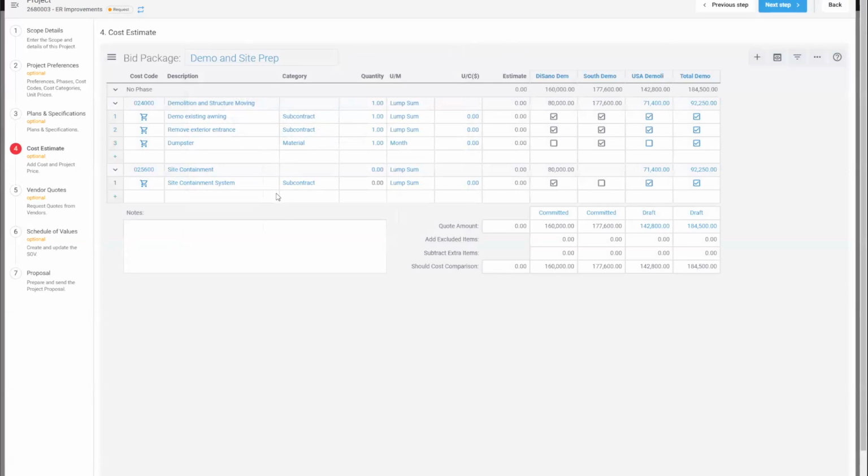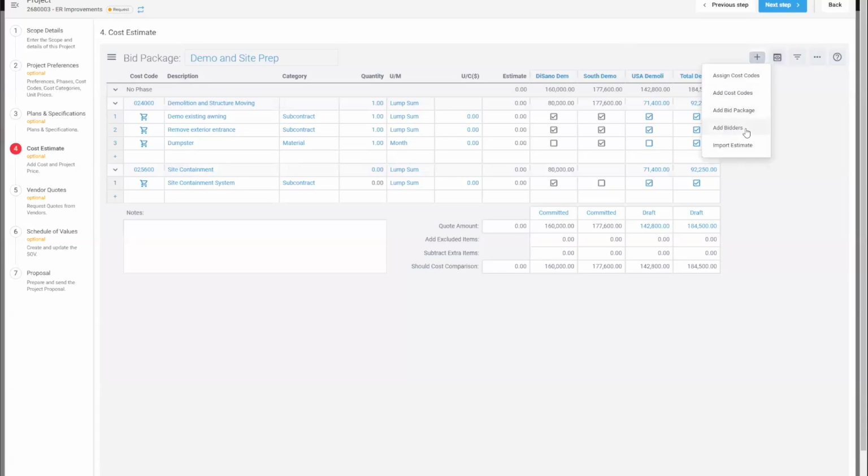In here, you have cost codes, which you can pull directly from the estimate, or you can add cost codes directly to the bid package. This means if you forgot a cost code or realize, oh, I didn't put that on my estimate, you don't have to jump back and forth between the bid package and the estimate to get it added. You can add it right through the bid package. It'll show up on your estimate.